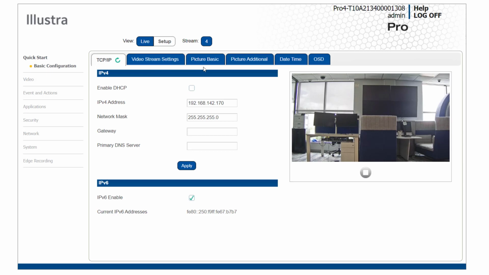The first tab we have under the Quick Start menu is TCP/IP. This is where you can configure your IP network settings. By default, all Illustra cameras are set to DHCP, which can be disabled if a static IP address is preferred